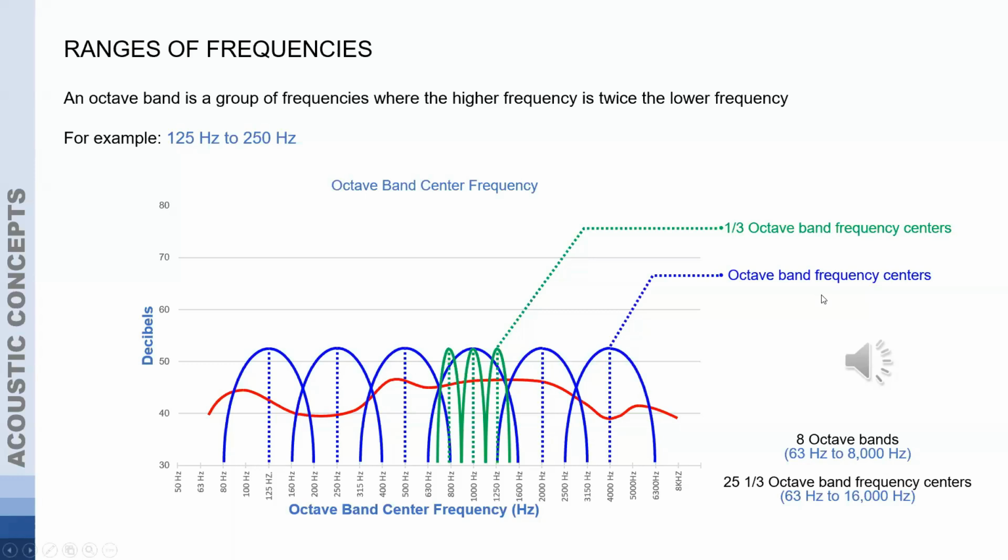And so we've got an audio clip here, a little bit of music that should play. It's going to start with the broadband sound, which is all of these octaves, all the sound together that you're used to hearing music as. And then it's going to slowly focus on each individual group of sound. It's going to have some lower frequency, some mid frequency, and some high frequency. So you're going to hear the different elements, almost like hearing different instruments sometimes, to see that what we tend to hear in music and life is built up of all these different frequencies. It's not just one, so we do have to look at everything.